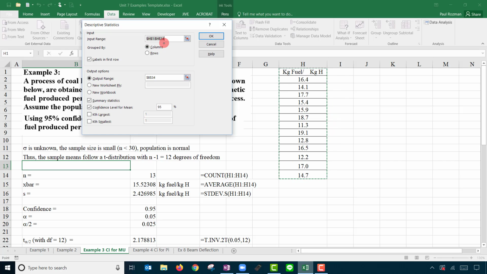So I went H1 to H14, and I highlighted the title. So I had to tell it that I did that, so it didn't think that was one of the numbers. And then you have to remember to check a little box that says you want the statistics. And then the next box is, what confidence interval do you want? So if you wanted a 99% confidence interval, you just input 99 there. Or if you want 90%, input 90 there. And you click OK,